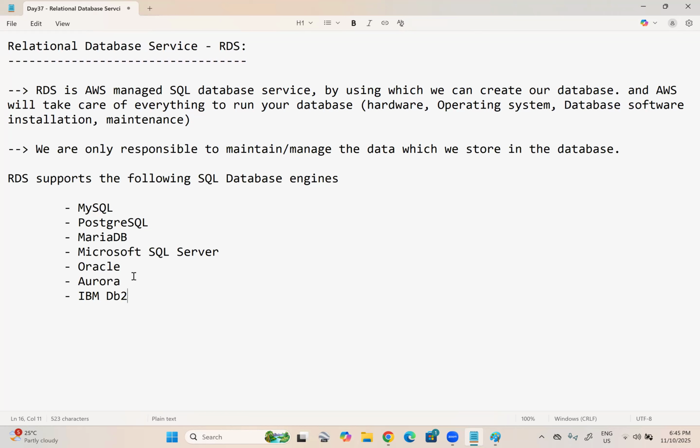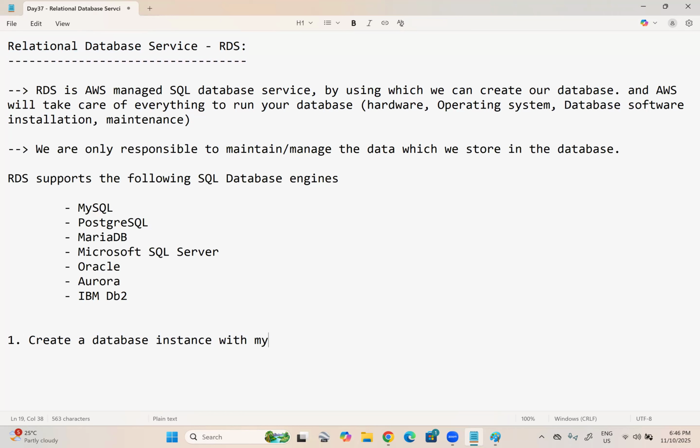If your requirement is to create a database using any one of these database engines, you can go for RDS. Let us say your organization is looking for a database called ABC database engine, which is not available in RDS. In such cases, the traditional process is: create an EC2 instance, download the database software you need, install it, configure it, and then create a database. There is a lot of difference between database instance and database, which I will show you at the time of creating the database. So what I do is create a database instance